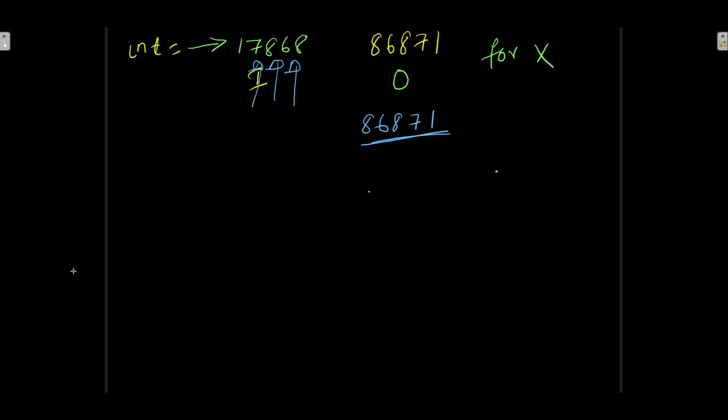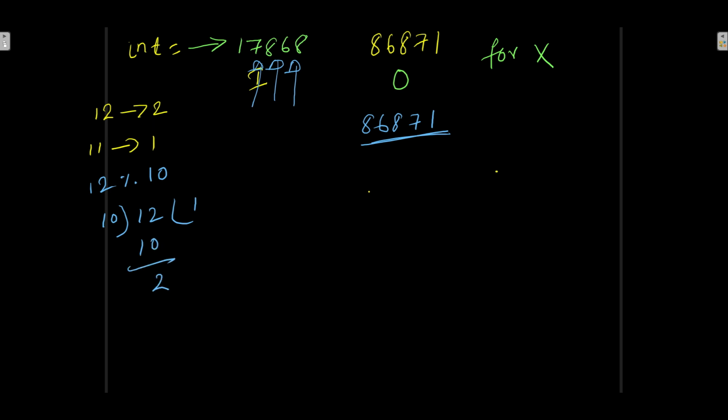Then tell me one thing, go to a small number now. You have number equal to 12, and what I want is 2. What is the way I can get 2? Or let's say I have number equal to 11 and I want 1. What is the way I can achieve that? Think now. If I do 12 modulus 10, which is nothing but 2, right?